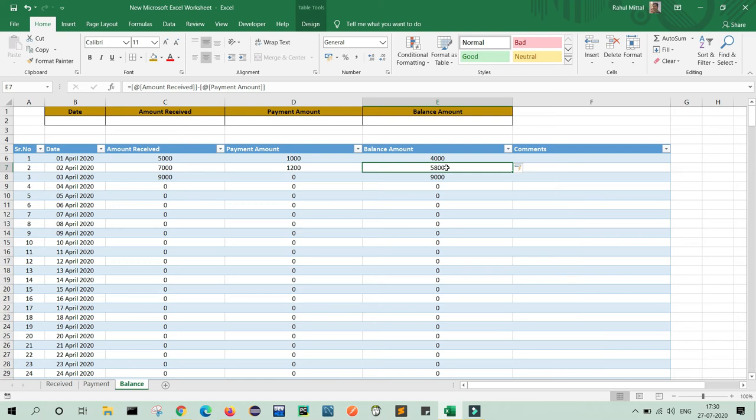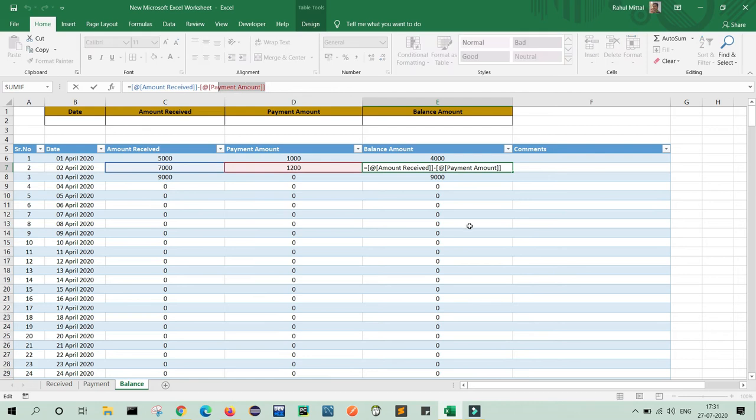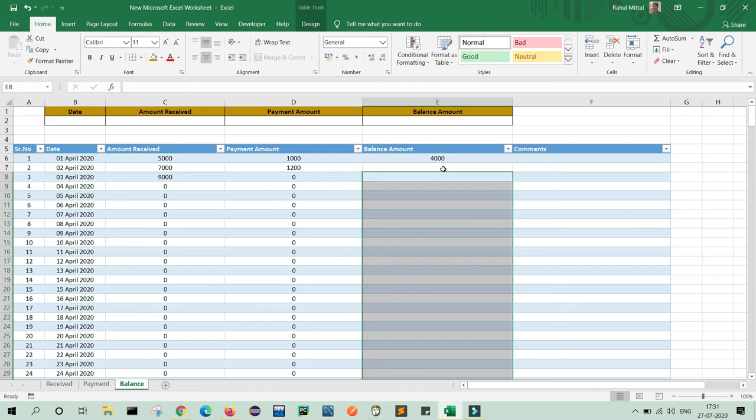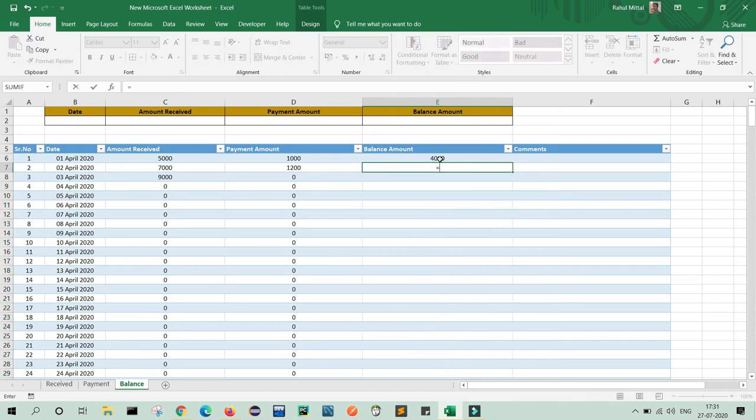So for overall balance we will make some small change in our balance amount column. For this we will use equals to. Here we will remove the formula till the bottom. Here we will use another formula, equals to this balance plus your receiving amount minus your payment amount, and press enter.